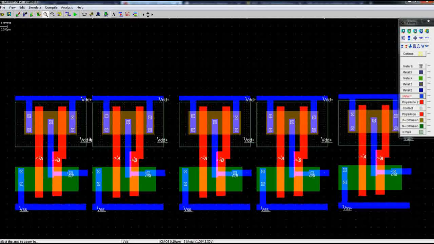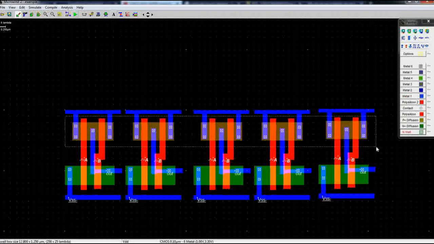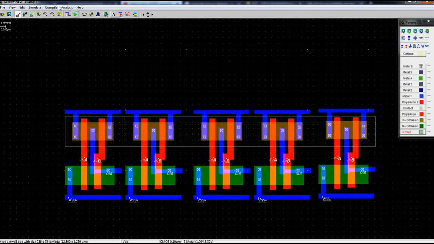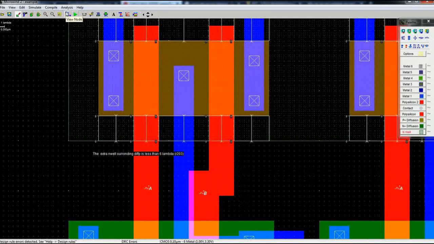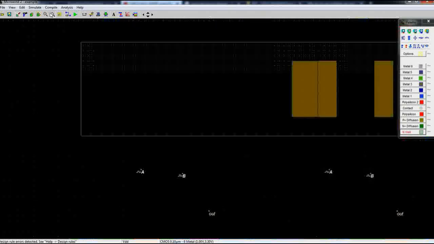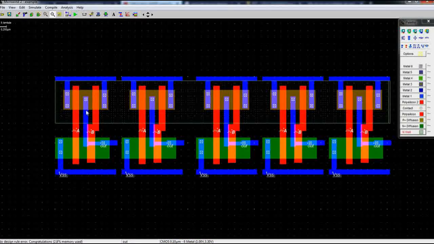Now as we can place all PMOS transistors in the same N well, we can extend this N well and make it wider. So we have extended the N well and it is satisfying the design rule checks.